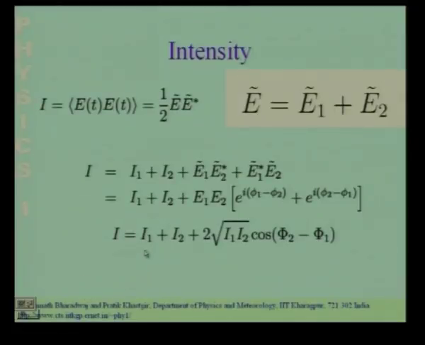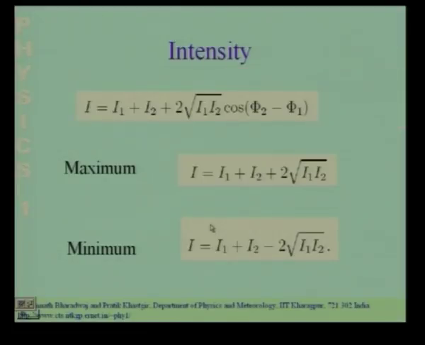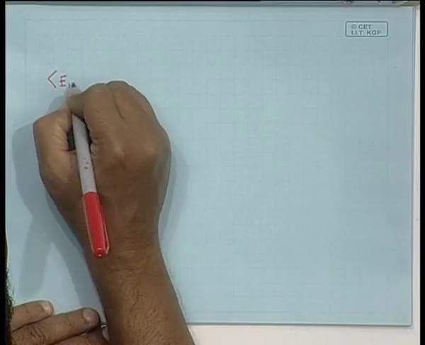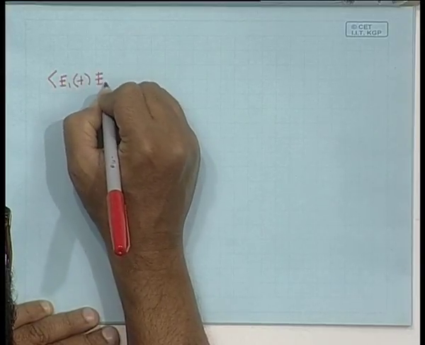go back one step, we are calculating the time average of the square of this. We have I1, the time average of the square of this, then we have I2, the time average of the square of this, and then we have the cross terms E1, E2, which in complex notation is written over here, and it is this term that gives rise to the term responsible for interference. So, let me just remind you which is the term that is of interest. The term responsible for interference arises from the time average of the product of E1 and E2,